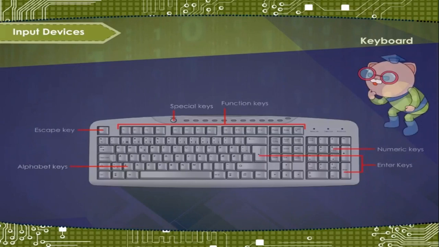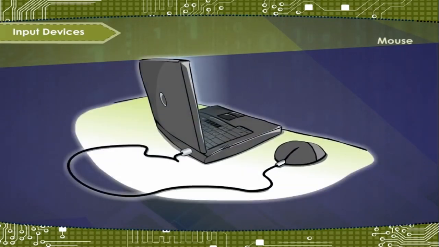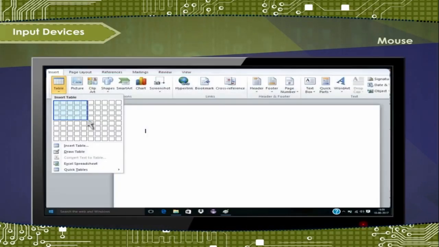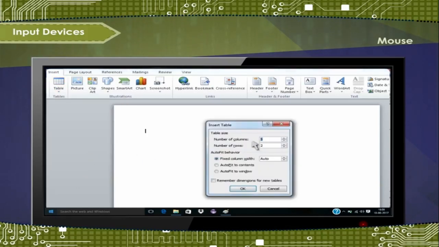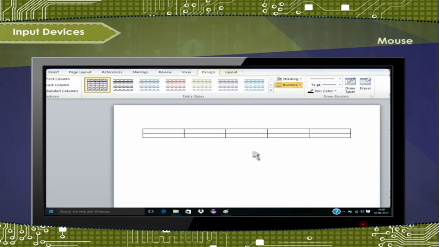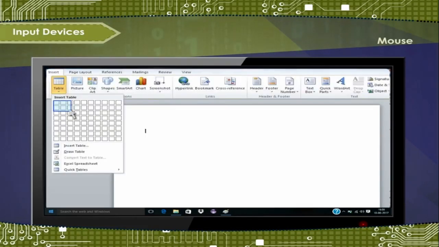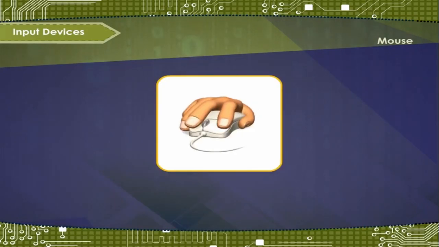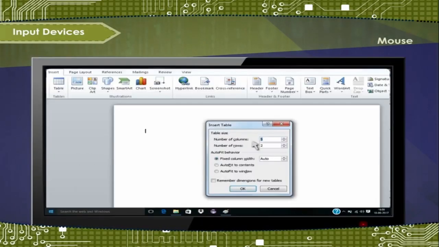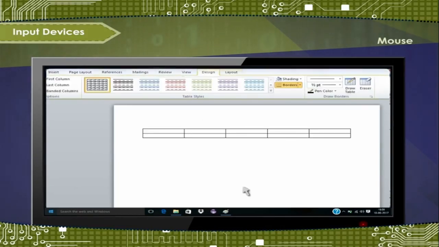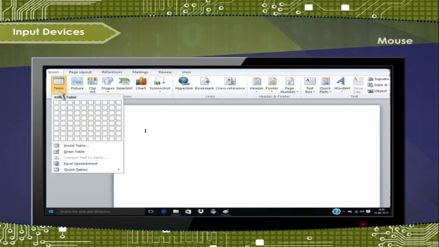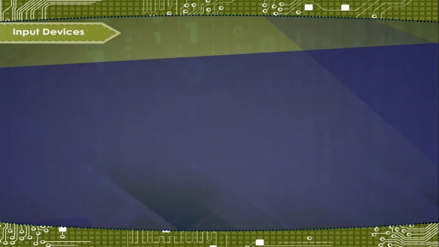escape keys, etc. Mouse. It is a pointing device which is used to control the movement of the cursor on the screen. It is also used for selecting and opening the programs, files and folders, making drawings, and for various other purposes. When we scroll the mouse on the mousepad, the cursor moves on the screen along with its movement. The terms click, drag, and drop describe the action of the mouse.